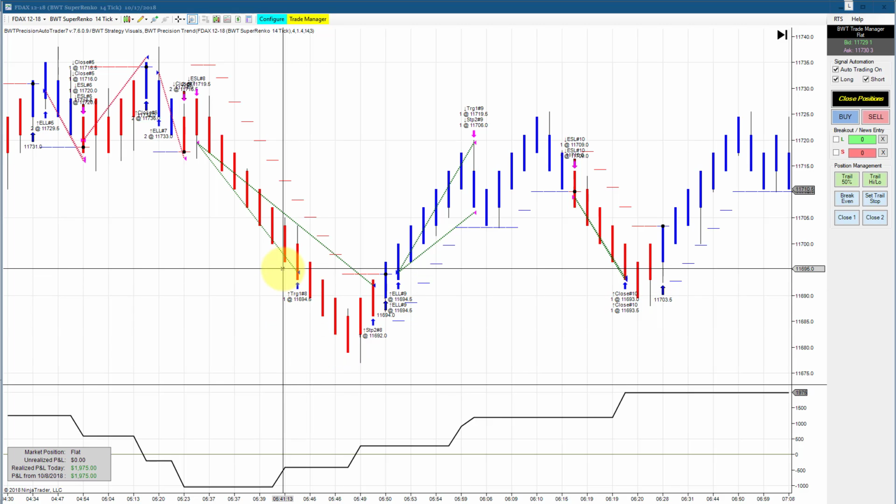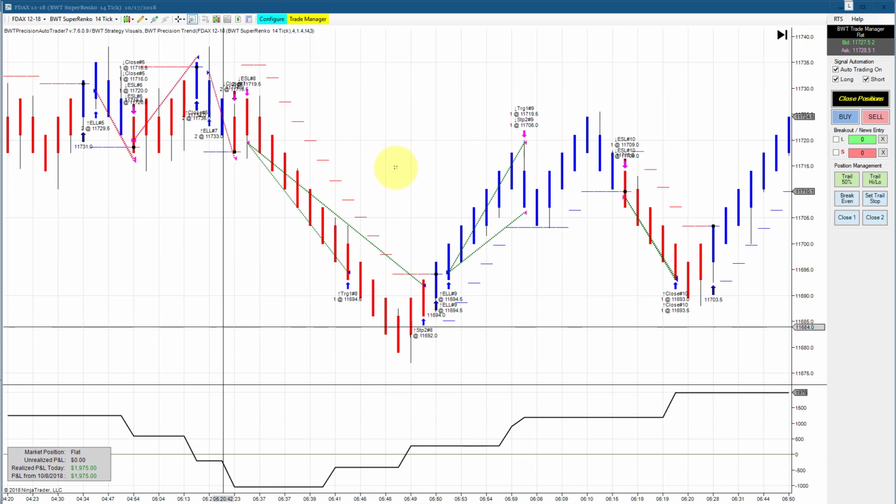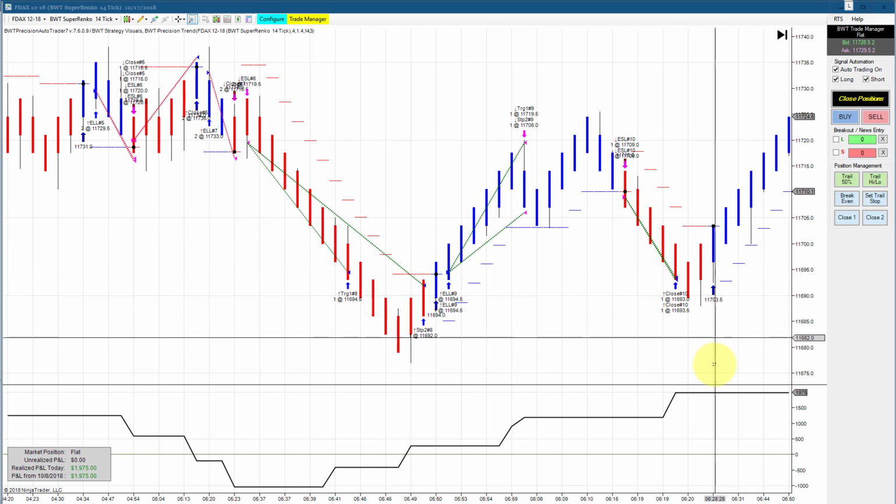Okay, next up is the DAX on a Super Renko 14 tick. And this had a mixed bag of trades. It drew down off the open here, had a couple of losers to start, and drew down about $1,000 or $500 per contract, and then it came back with this familiar back-to-back pattern and made an equity high of about,